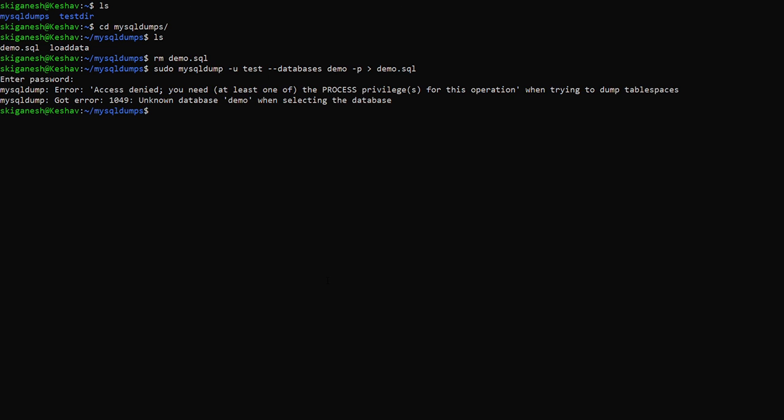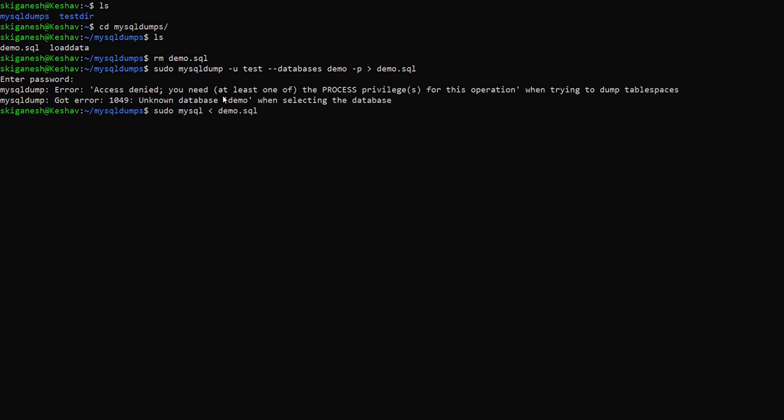Next, we are going to see how to restore an existing dump script using the MySQL command. I'm going to execute the command which is required to restore the MySQL database dump.